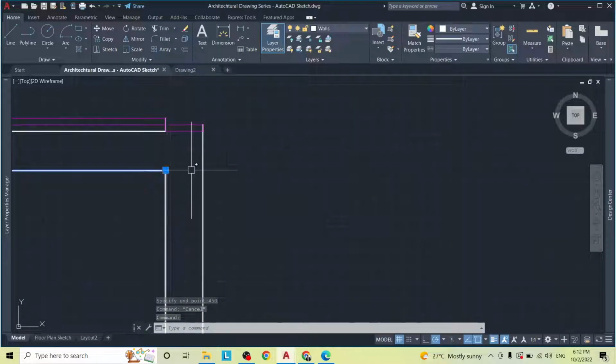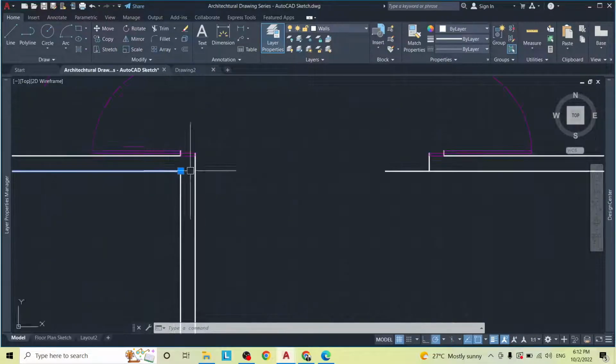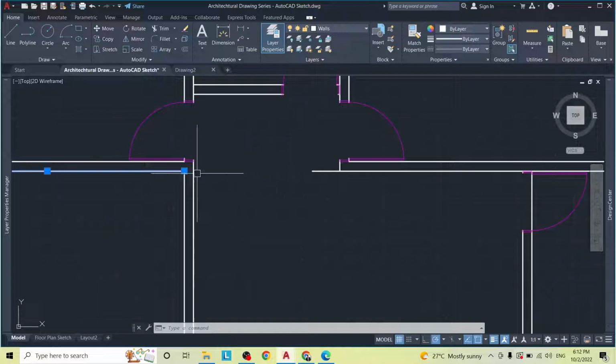It starts 6 inches before this point. So we need to add 6 more inches or 150 millimeters more to whatever distance so that it will extend 1.5 feet this way. So I'm going to go here, lengthen. Now 450 plus 150, that is 600,